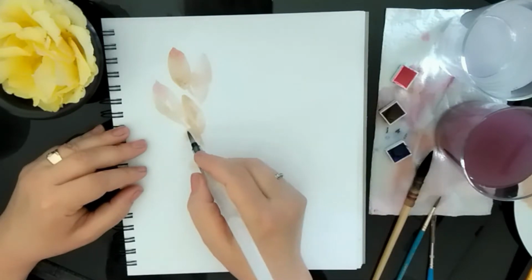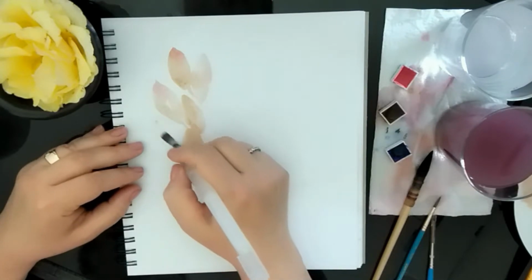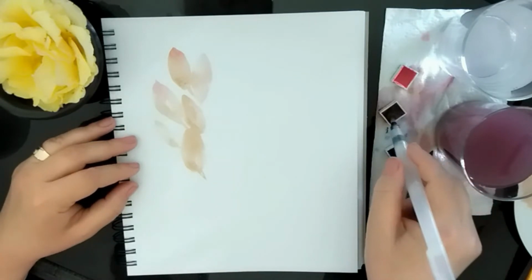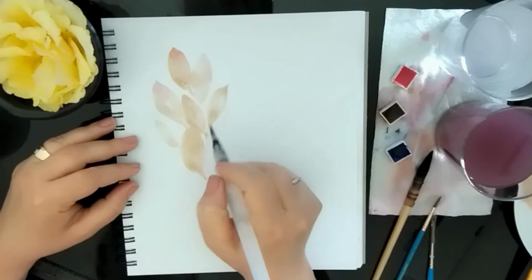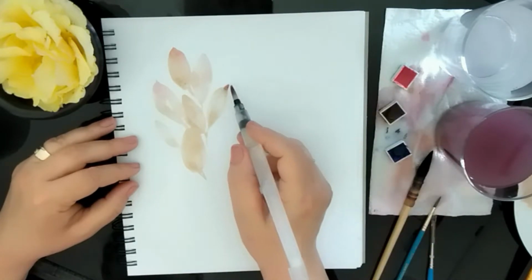This color palette is unique because I've taken it from my other painting class, Watercolor and Reiki Flow, and that same artificial yellow rose is next to me. I wanted to recreate the scene